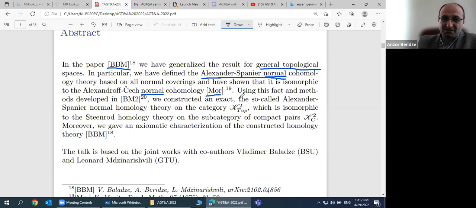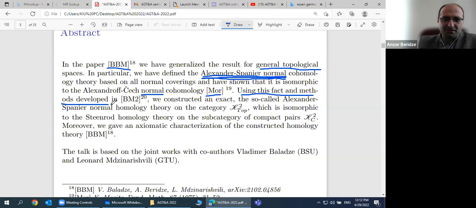But the problem is here, because this cohomology theory is not defined by free cochain complexes. The cochain complex is non-free. And if the cochain complex is non-free, then to write down the universal coefficient formula is a little difficult. And so we